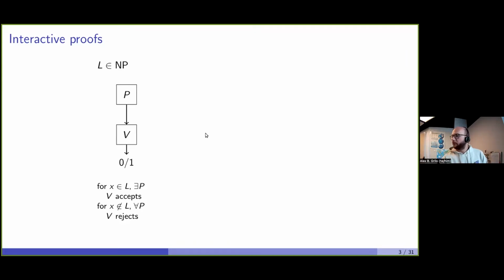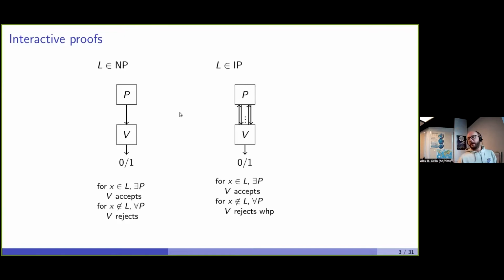But later, cryptographers and computer scientists realized: why do we need just this one communication from the prover to the verifier? Why can't we generalize it to several rounds of communication? Then people defined a complexity class called IP, where we have a prover and a verifier that exchange messages back and forth. We still have the verifier polynomially bounded, and the whole transcript of communication between the verifier and the prover has to have polynomial size, but the prover could be unbounded. So the prover could take exponential, double exponential, whatever time